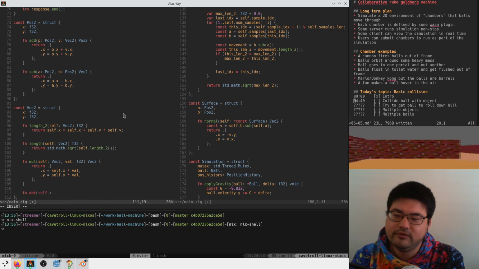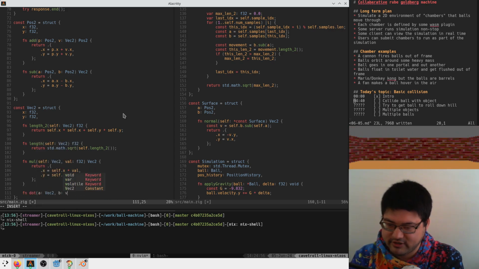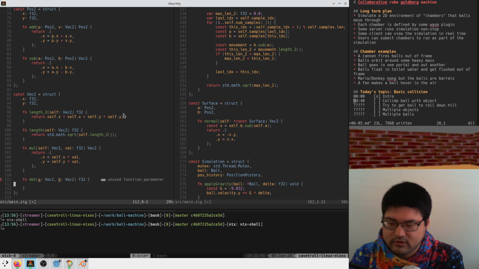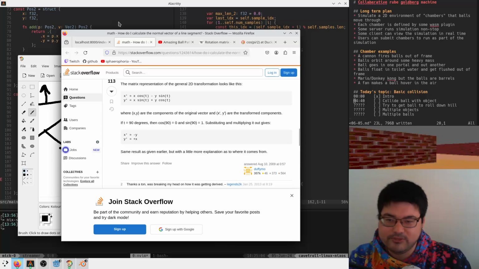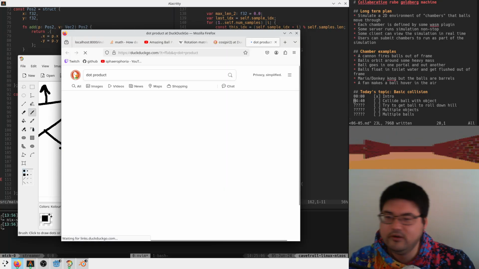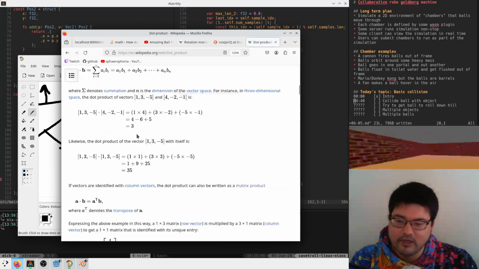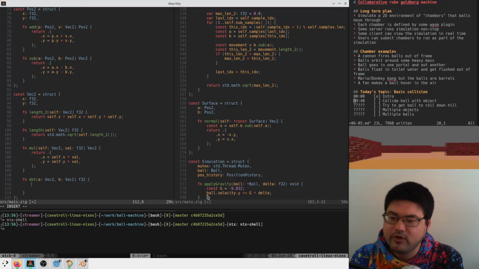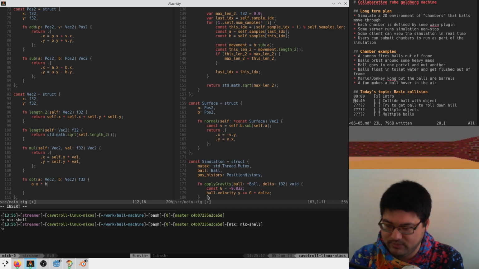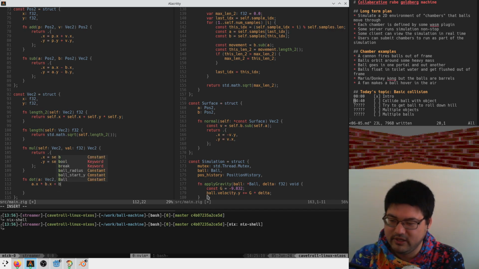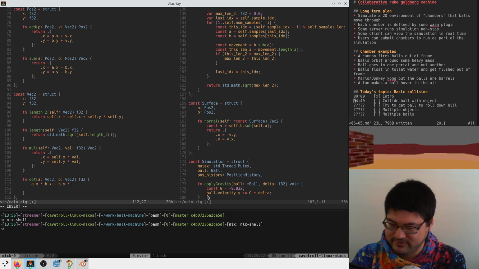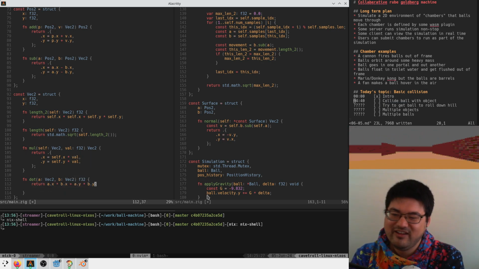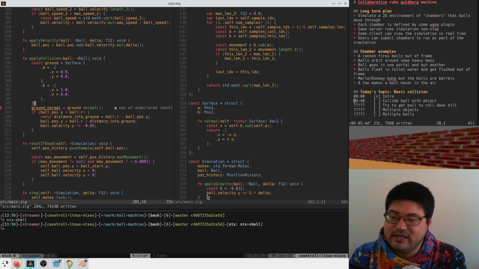Function dot. A is a vec2, B is a vec2, and we get a float out of it. And I believe it's just A times A plus B times B. Pretty sure, but I don't want to be embarrassed when I really badly mess it up. But it is just A times A plus B times B. So A dot X times B dot X plus A dot Y times B dot Y. There we go. Okay, so now we can say that we project